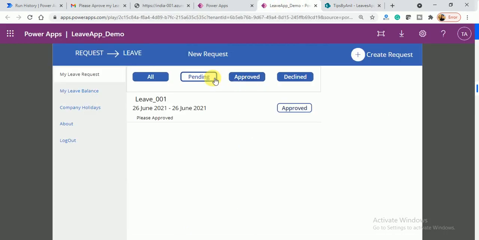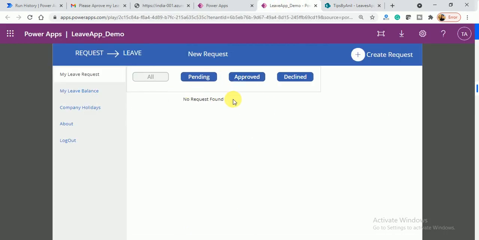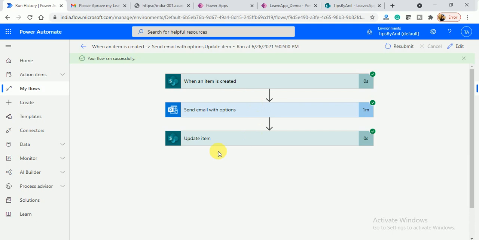In the pending records it has been removed, and now you can see the leave has been approved successfully. One more thing you can do over here: when an item has been approved, you can send a simple email to the requester that your request has been approved. That also you can do.